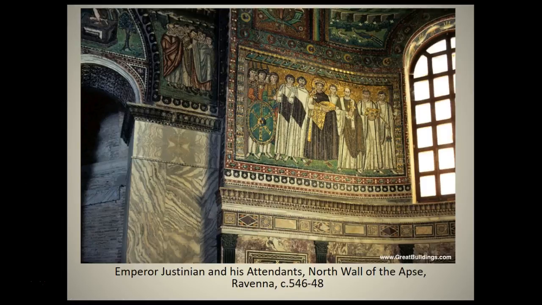So by placing these figures in a spiritual world, the mosaics gave worshipers some access to that world as well. But at the same time, there are real world political messages affirming the power of the ruler in these mosaics. We see here that Justinian is actually represented in this mosaic. We'll talk about that in more detail. And in this sense, the art of the Byzantine Empire continued some of the traditions of Roman art.